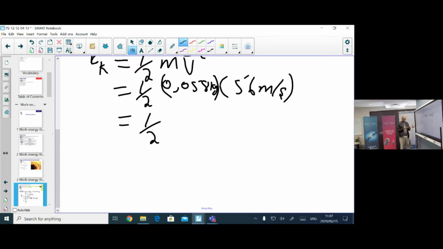I can say 0.058 multiplied by, don't forget here, it's squared. It's a squared there, 56 squared, which is equal to, multiplied by 0.058, which is equal to 181 divided by 2, which is equal to